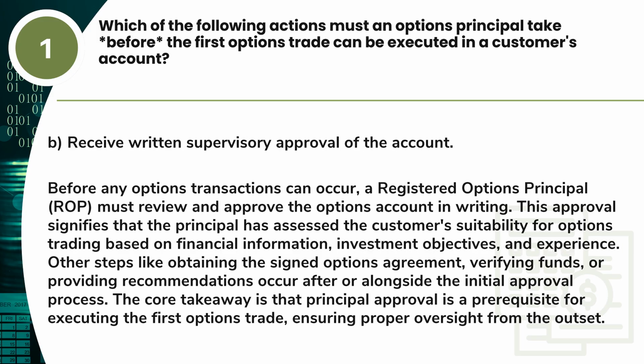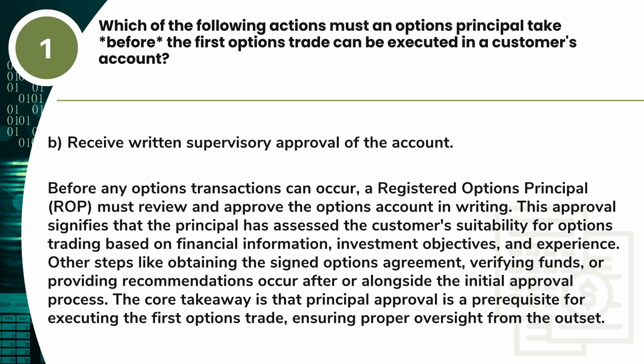Answer: B. Receive written supervisory approval of the account. Explanation: before any options transactions can occur, a registered options principal (ROP) must review and approve the options account in writing. This approval signifies that the principal has assessed the customer's suitability for options trading based on financial information, investment